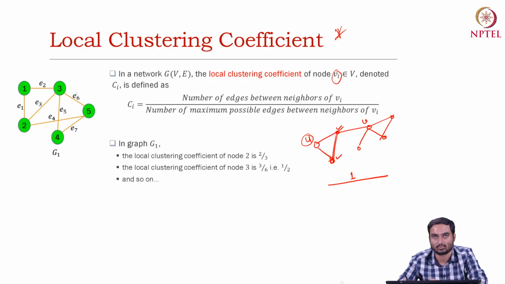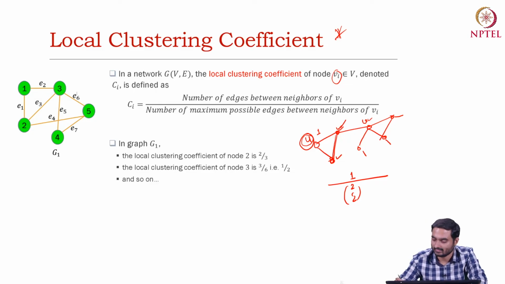The denominator would be the total number of possible edges among the neighbors. There are two nodes, so the possible edges would be 2C2, which is also 1. So the clustering coefficient of U is 1. What about V? V has 1, 2, 3 and 4